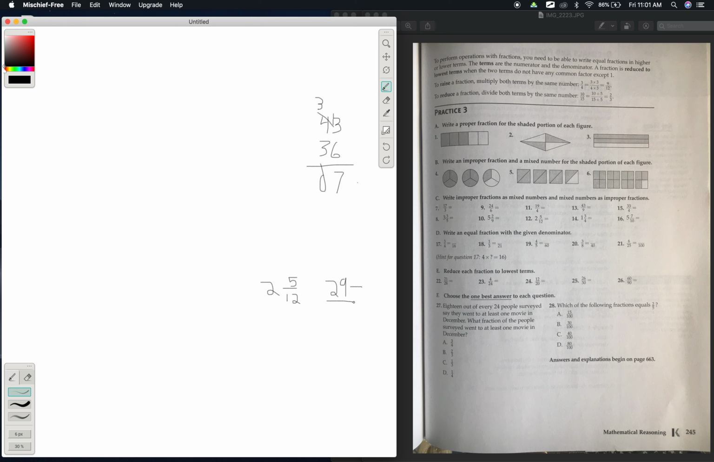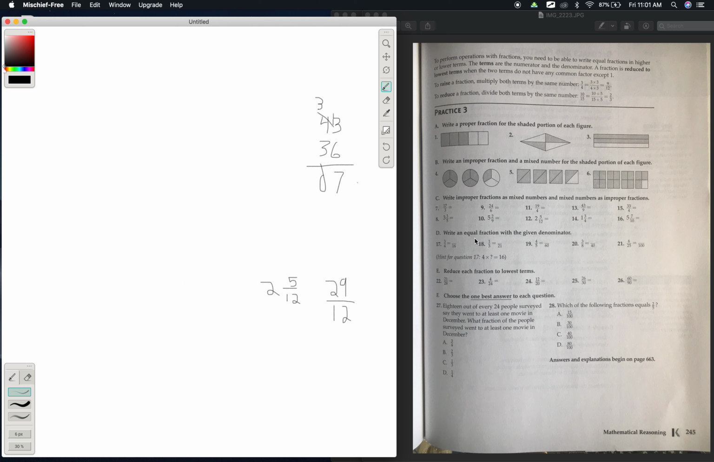Over 12. Okay. When I was doing it the other way, I added this, but that's unnecessary. So, okay, that lets you know that this equals this: 2 parts with 5 remaining over 12. Alright, so now